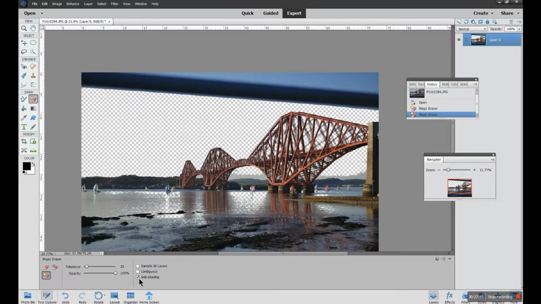Anti-aliasing, by the way, is just to keep it from pixelating. It keeps a nice edge, so we keep that ticked on. Okay,